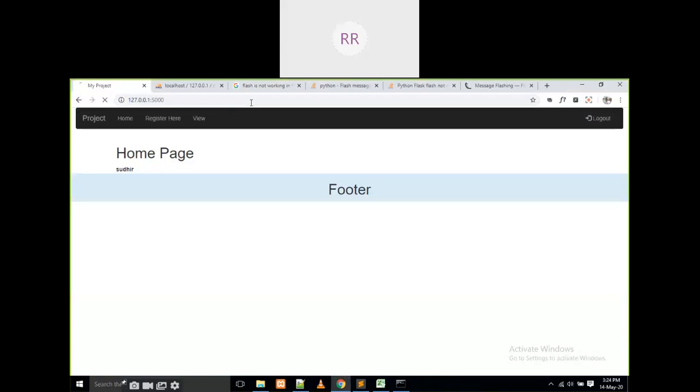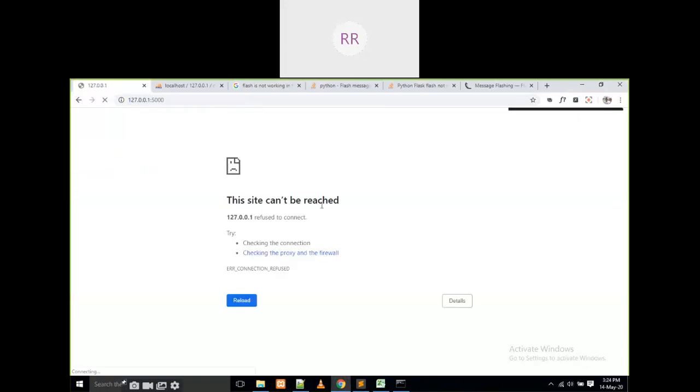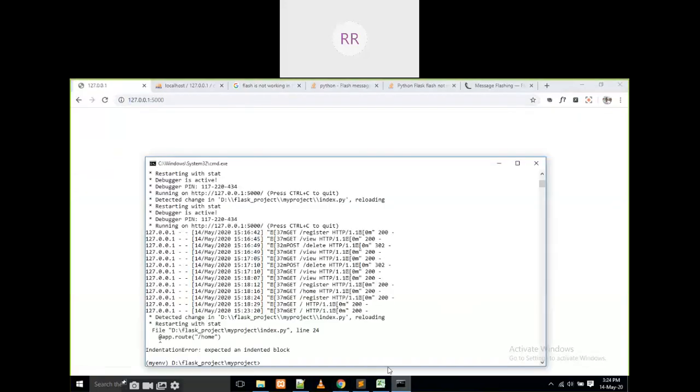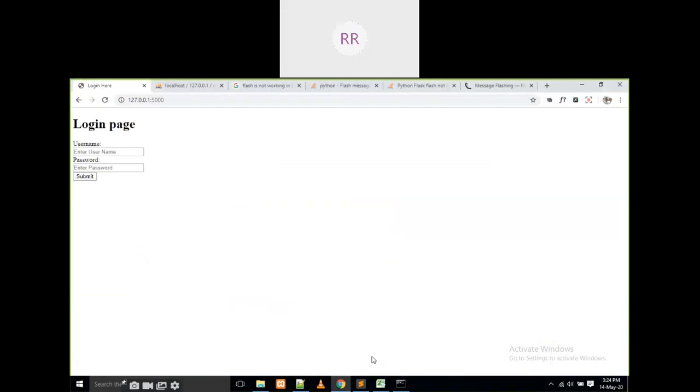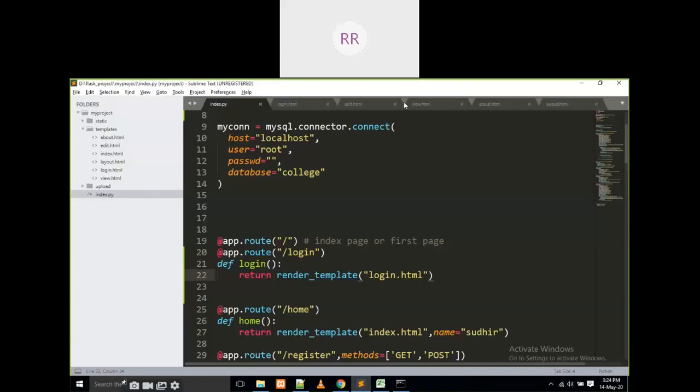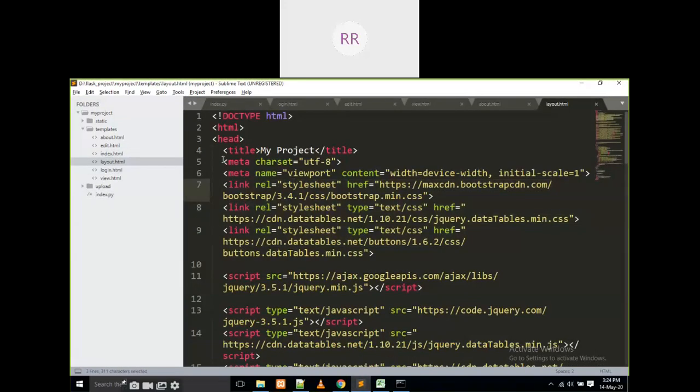If I refresh it, yes, it shows a username and password. The styles are not applied because some bootstrap links are missing. In layout.html, we are going to copy all these things.